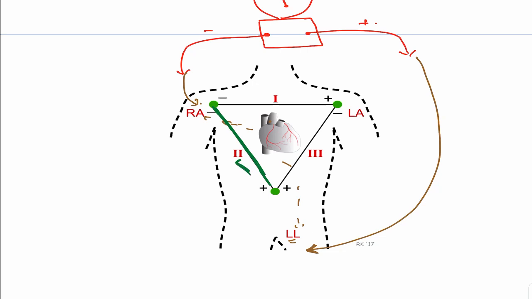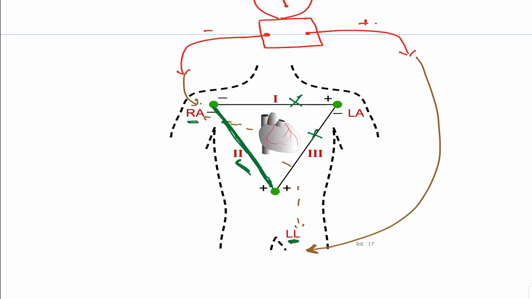You have heard of Einthoven's law, Einthoven's triangle and all. This is basically Einthoven's triangle. I'll explain this when I discuss the separate limb leads. As of now, we are just concentrating on one lead, the one where one electrode is attached to the left leg and the other to the right arm. We are not looking into lead 1 or lead 3. We are just looking into lead 2, or we can look into any lead, but primarily we look into one lead and interpret the ECG and electrical activity of the heart.